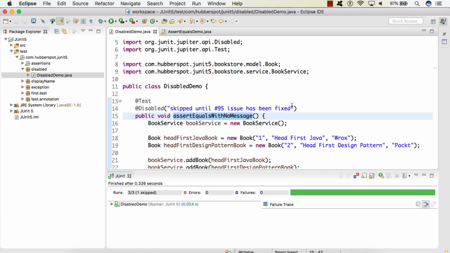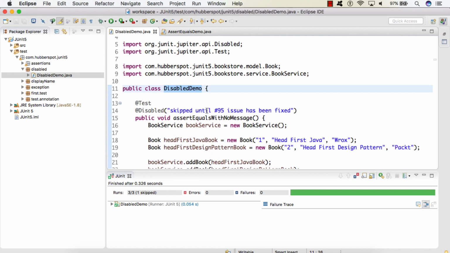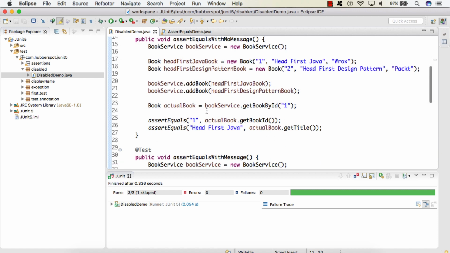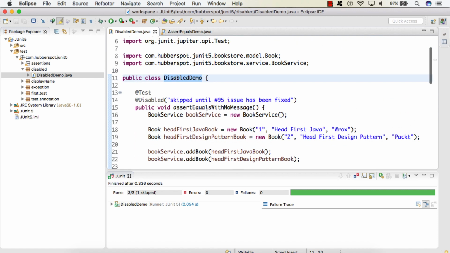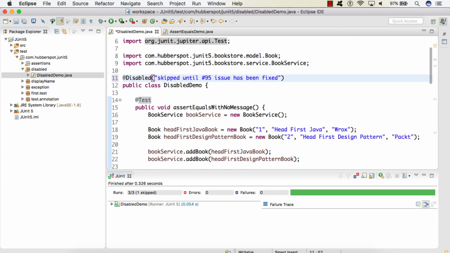Now let's say we want to skip the complete class, that is, we want to disable each and every test method of this class. What we can do is simply put the @Disabled annotation on top of the class.